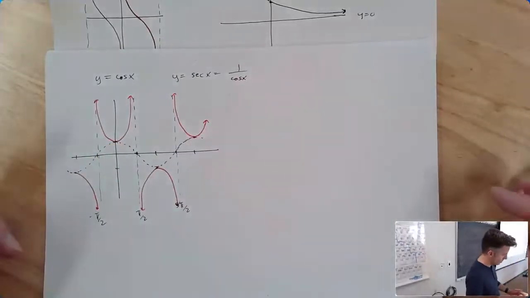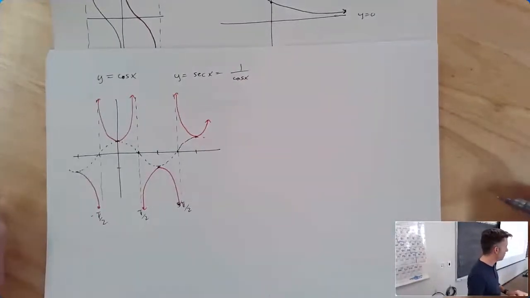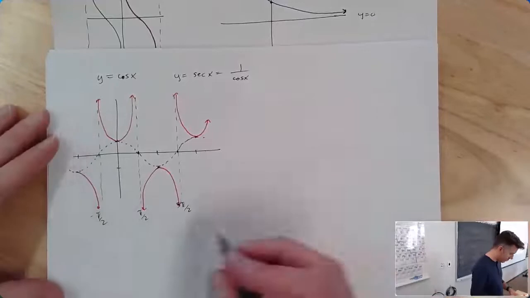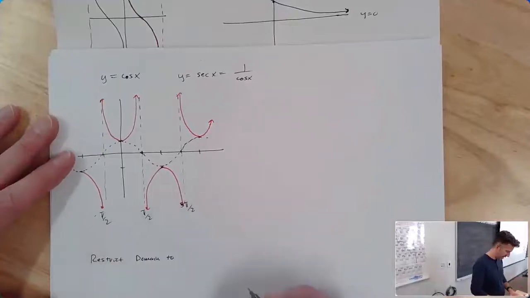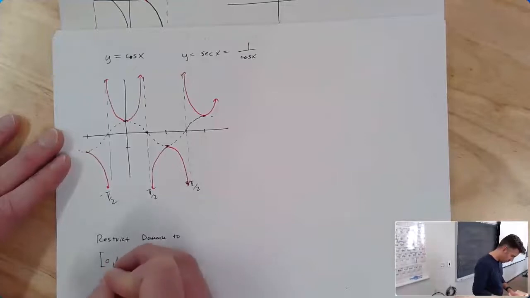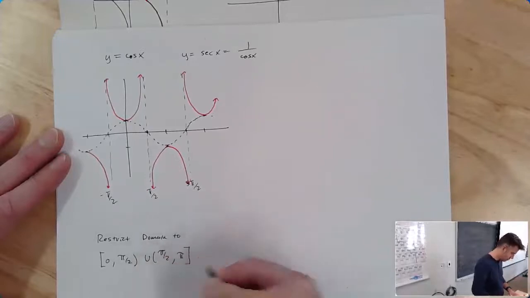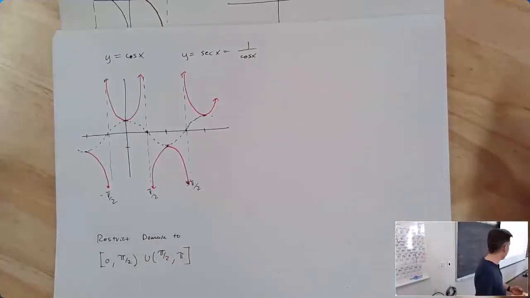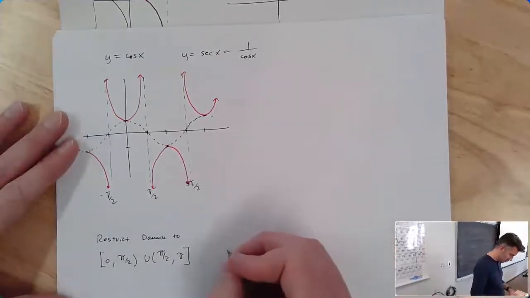Now, the problem here is that there isn't agreement on which two pieces we should use for restricting the domain. Some people restrict the domain, and I'm going to write it in the actual official way, from 0 to pi over 2 union pi over 2 to pi. We can't actually include pi over 2 because it's not in the domain of the function. Or some people restrict the domain to